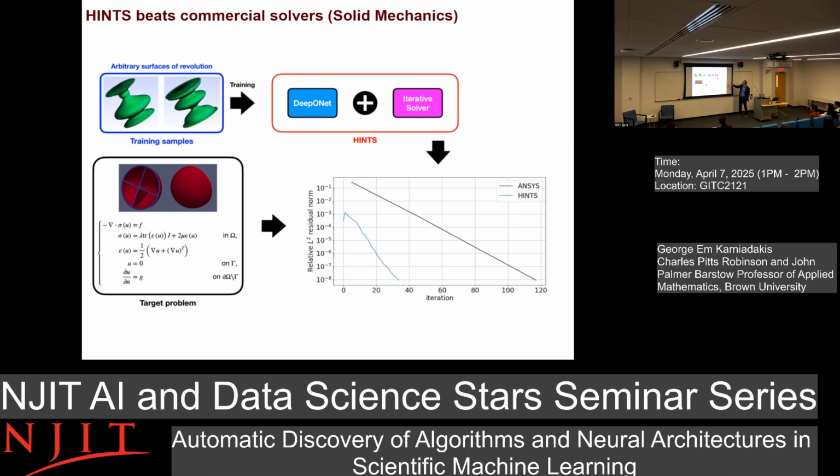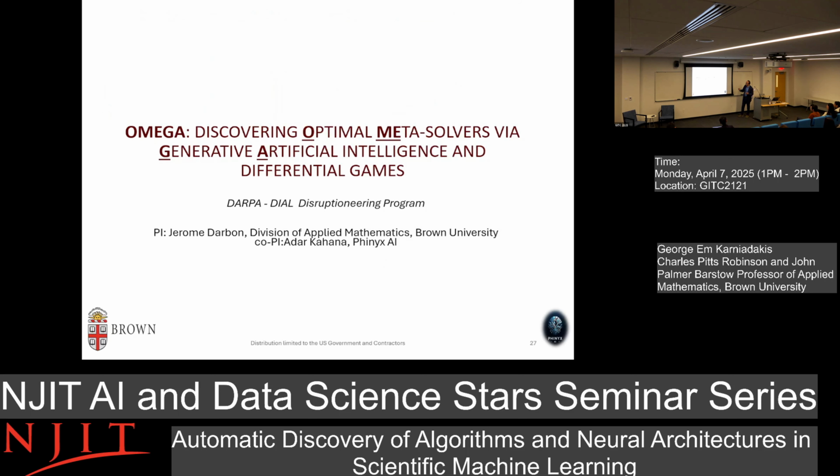Just to show you, we work with ANSYS, which is the largest simulation software company in the world. So they do real problems. Here we combine the two, but we train DeepONet not on the target geometry, but on a geometry like this, up here. Then we try it on another geometry without even transfer learning. Because we are only interested in capturing the coarse mode, the low mode, we don't have to do a perfect job. It's enough. And you can see how much we beat ANSYS. This is ANSYS, their secret sauce, the algorithm.